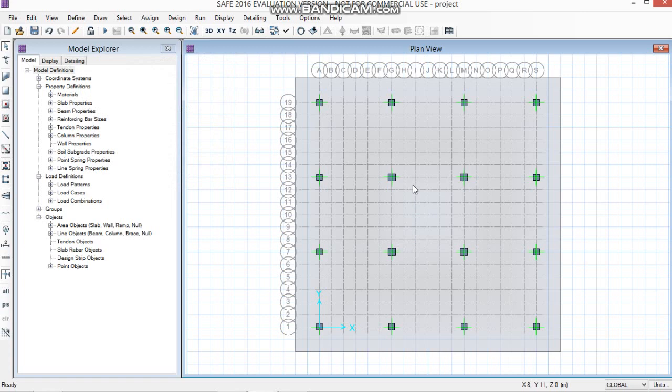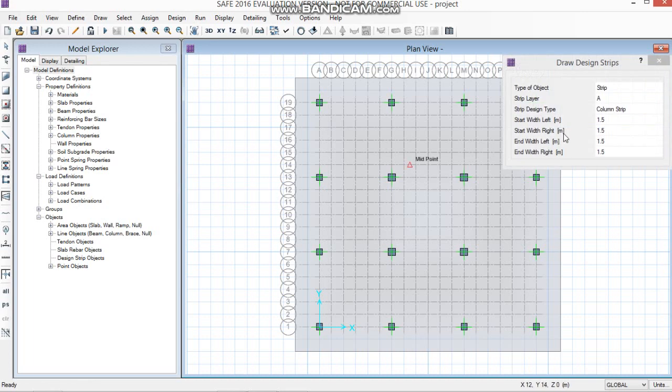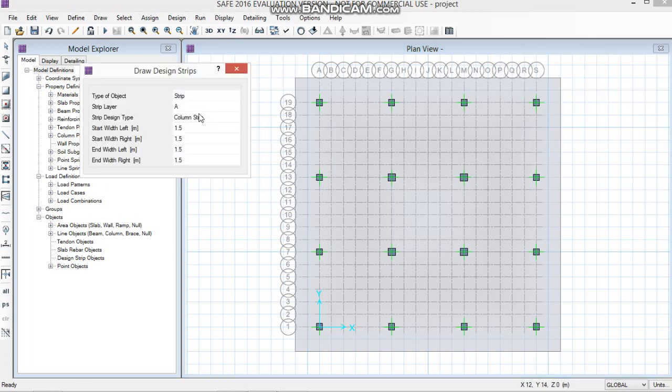So now we'll draw the design strips on footing. So go to the draw, select the draw design strips. So for strip layer A, start with this 4, make all the properties as 4.